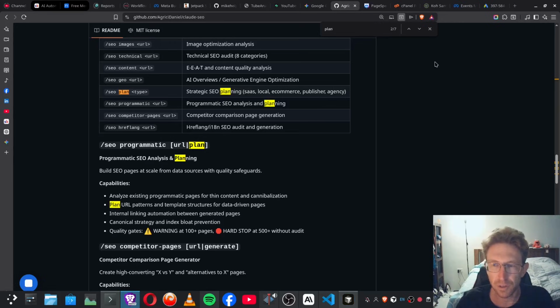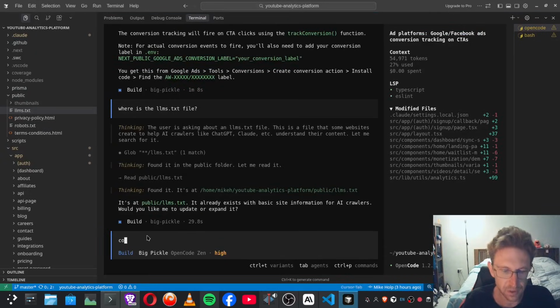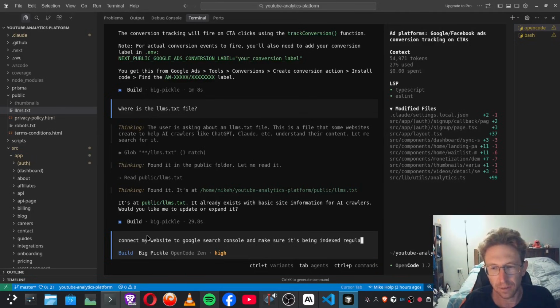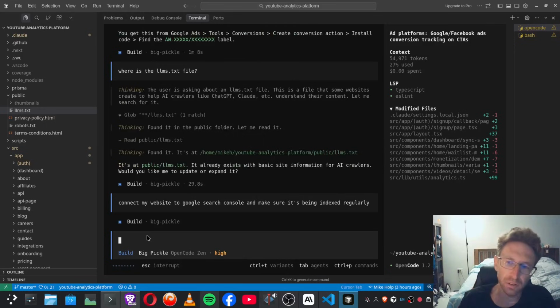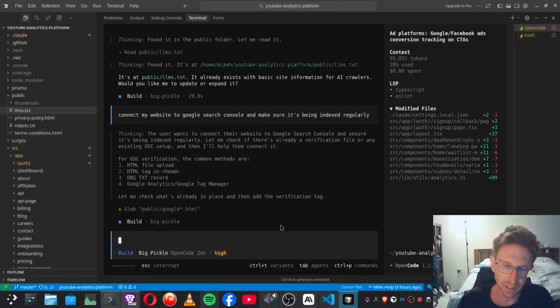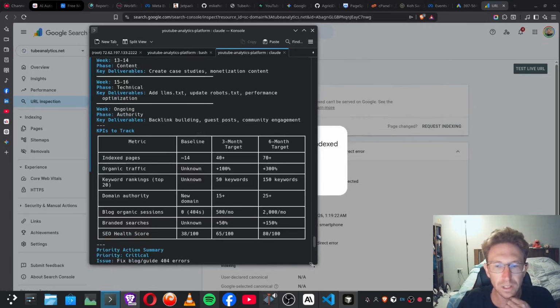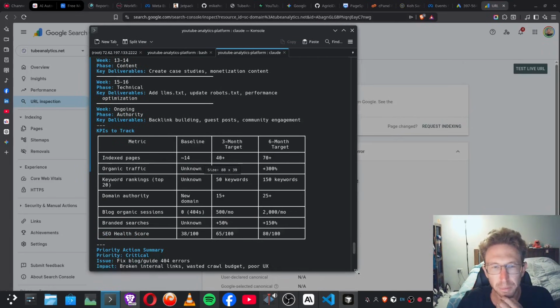So if I were to, assuming this has been indexed, that's another thing we can ask. We can tell it to connect my website to Google Search Console and make sure it's being indexed regularly, right? So we can just issue it a simple prompt. In this case, we're using open code, but I could do just the exact same thing in Claude code as well. And you can see this is what it was able to generate as a plan for my software as